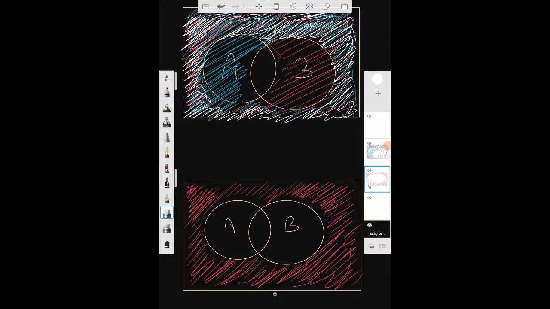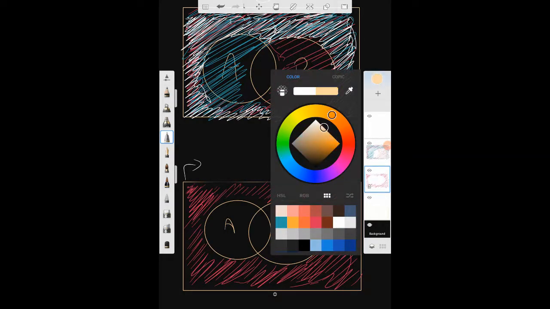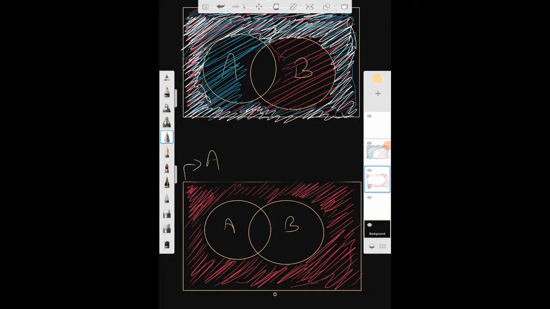The first question was what? In both the cases we see that the shaded part is the same. But what is the question? The first question was this one. This one was A union B the whole complement. That is this one. Now what was this one? A intersection A complement intersection B complement. What did we realize now? Both are the